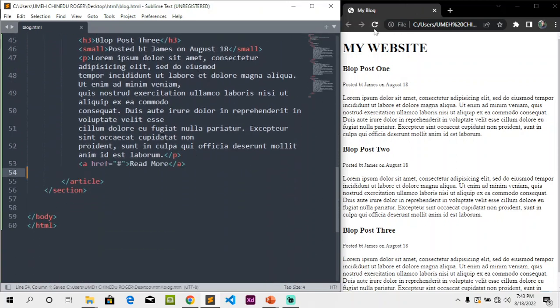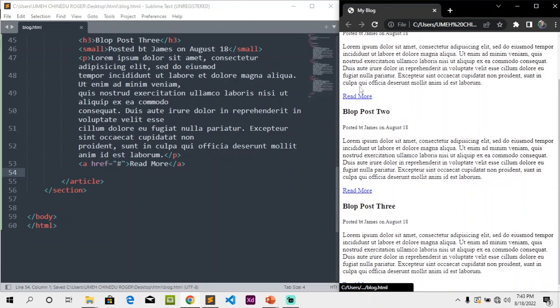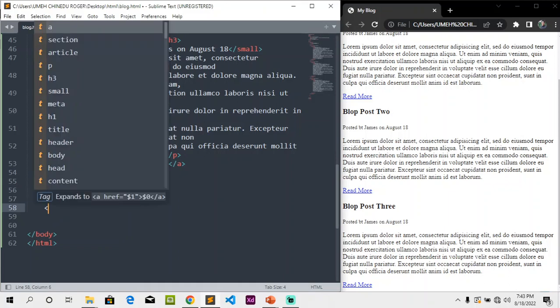Save, and then we reload. The reason why it's below is because it's a block level element. So they take up a new line. So let's also have a sidebar. So let's put in a side,